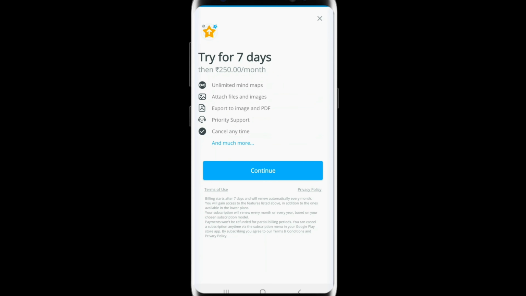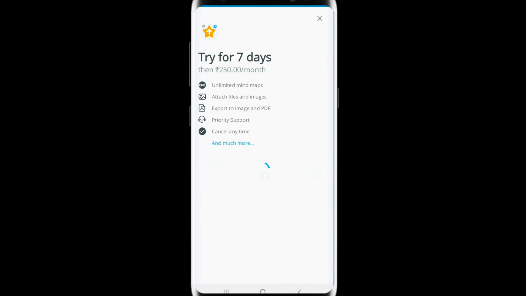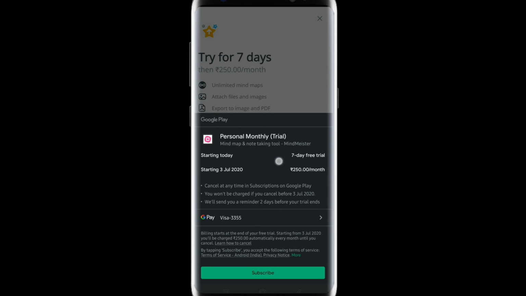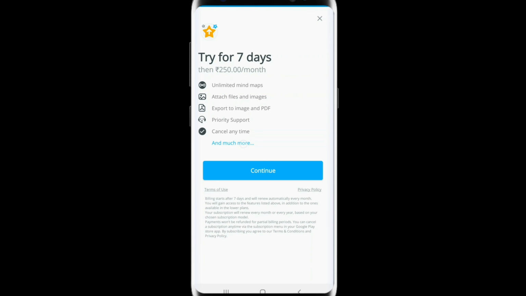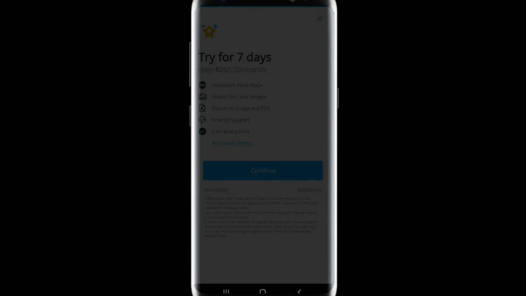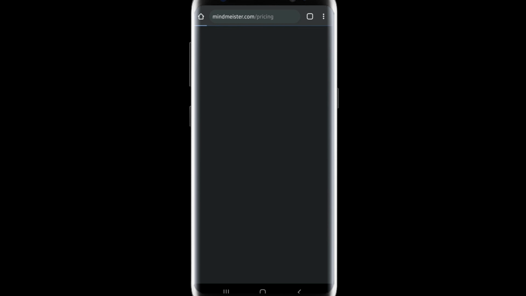So once you sign up, it will ask you to try 7 days free premium trial of it, and to try that it will ask you to add your payment details here. If you click on continue, it will ask you to add your payment details here, but we don't want that, we just want free version of it. So click on much more. So once you click on that, it will take you to the MindMeister website,